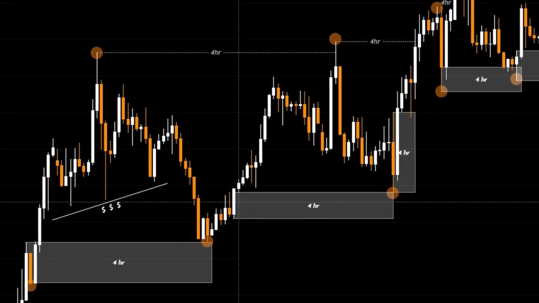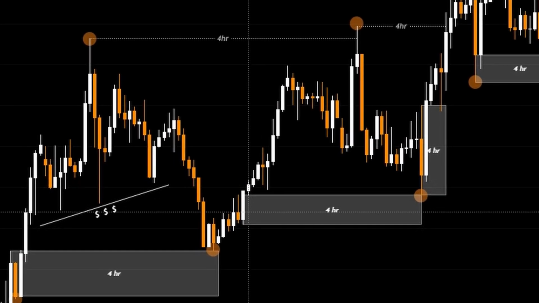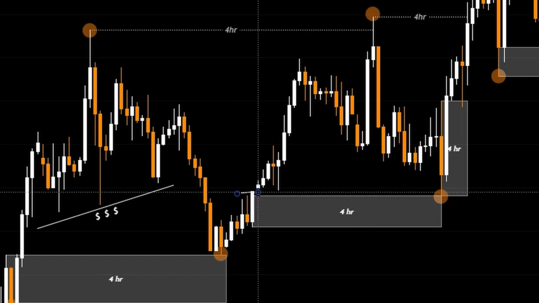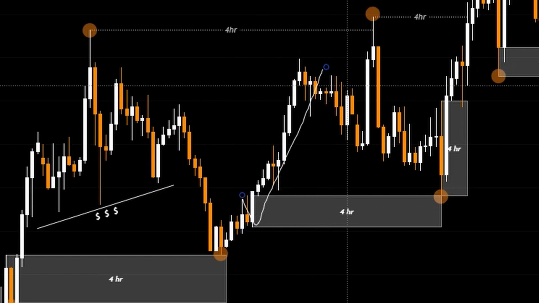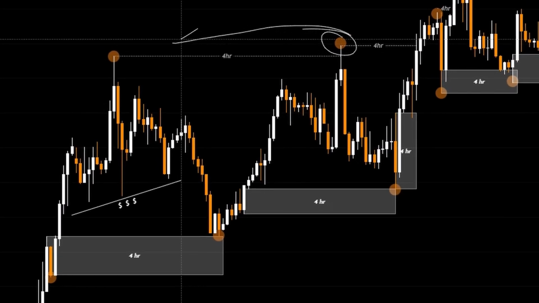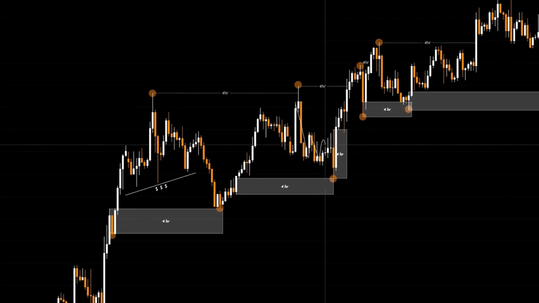Now the true demand zone is found with the help of this candle and its formation. You see that there is a true impulse move coming from this point. So this is the pivot created demand. There is a sharp move in the downward direction, then true expansion in the upward direction. After price breaks the higher high of the previous structure, now it comes back in a correction